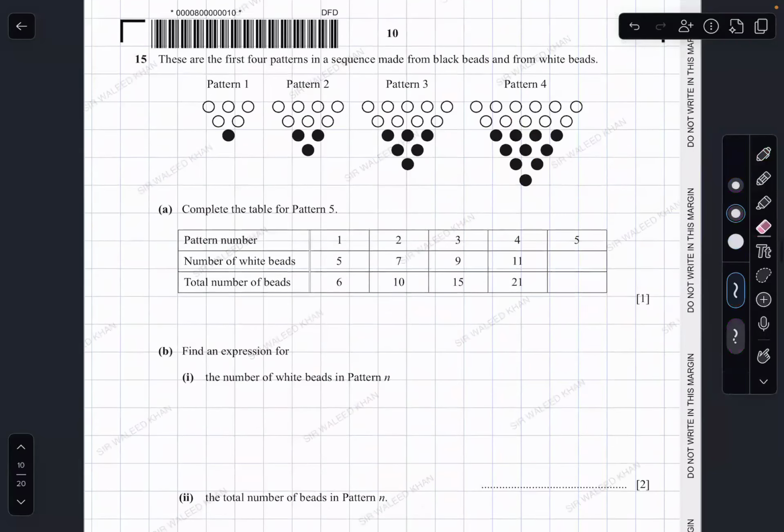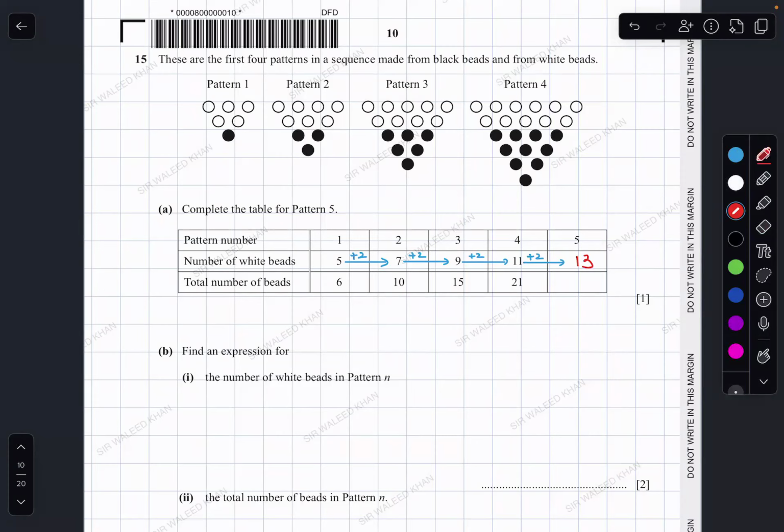Next, question number 15. These are the first four patterns in a sequence made from black beads and white beads. Black beads and white beads. And in a sequence, what we can do is we have to see what is being added. So 5 plus 2, we have 7. 7 plus 2, we have 9. 9 plus 2, we have 11. So that means 11 plus 2 will be